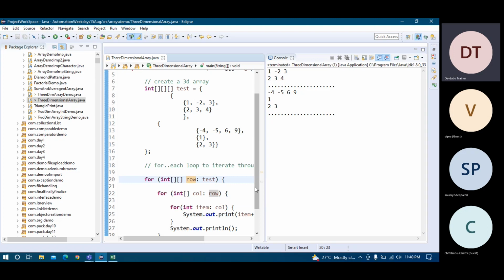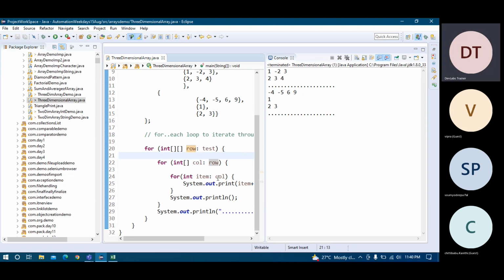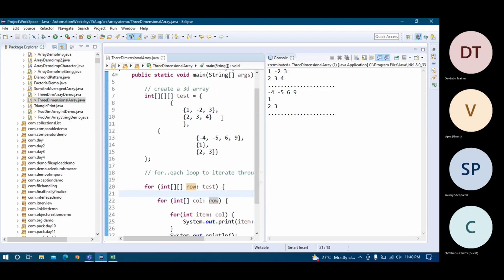So row is valid in this block. Now you are taking row as an array, an integer single-dimensional array. It's up to you how you handle it. This is also one way of printing. It's okay.